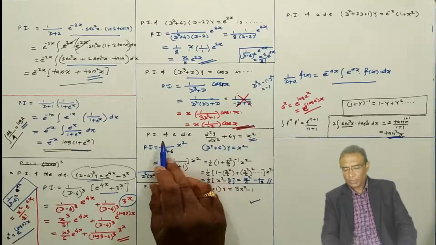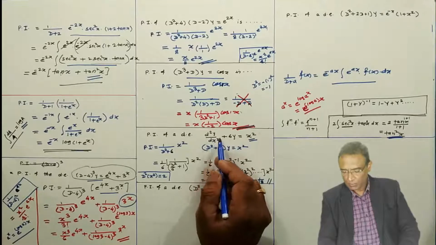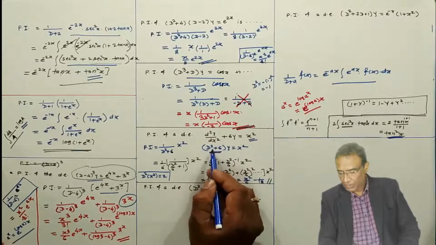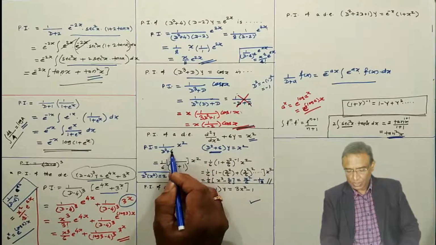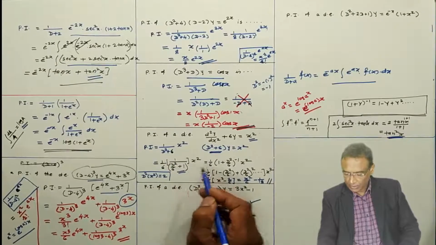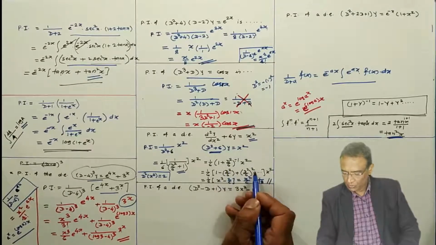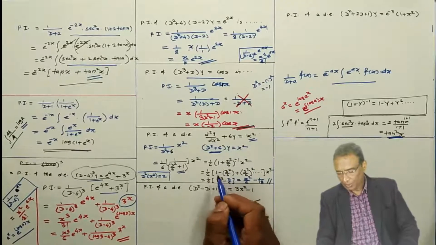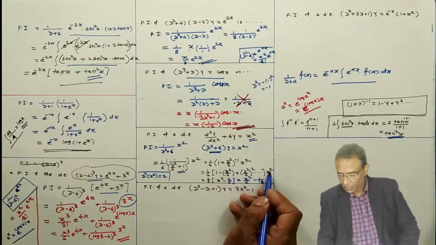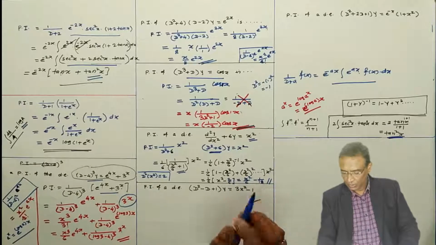This problem, particular integral of the differential equation, write down this in the capital D form. This is d square plus 6y equals x square. For particular integral, this we have to shift on the right hand side. Take lowest degree term, means 6 common, d square by 6 plus 1. Take this bracket in the numerator in this way, and 1 plus y to the power minus 1 is 1 minus y plus y square, and so on. Operate each term on x square. 1 into x square is x square. Double derivative of x square is 2, 2 by 6 here. Fourth derivative of x square is 0, no need to write.